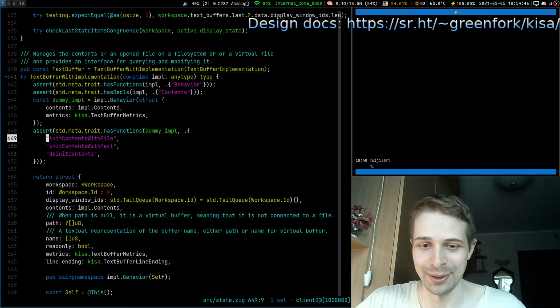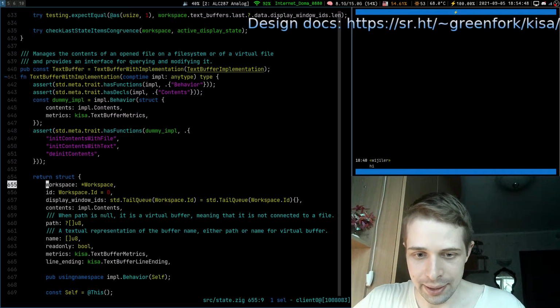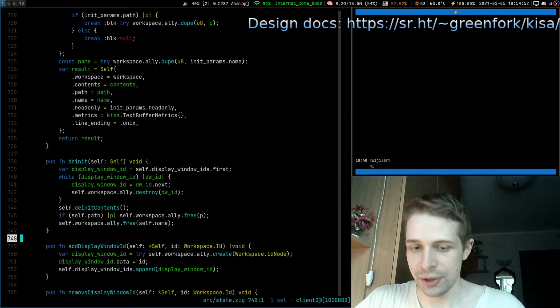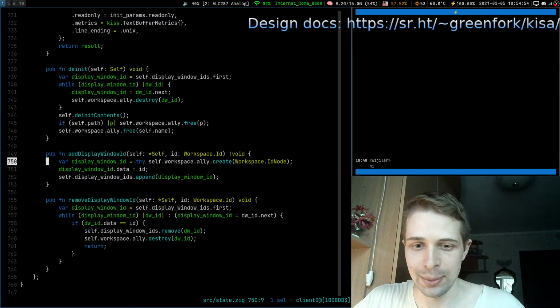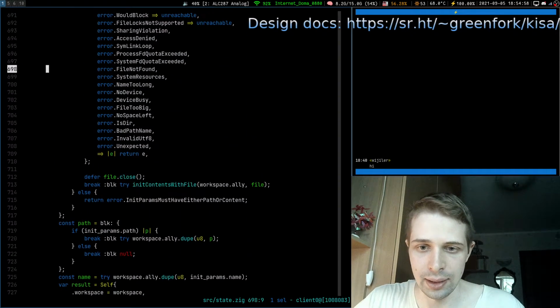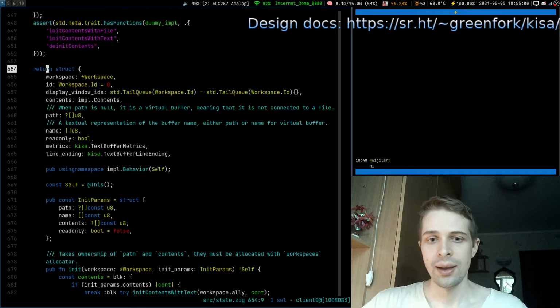The hardest programming problem. And the rest of it is just managing resources, right? Here is window ID, display window ID, remove display window ID, init, deinit, and all this stuff.